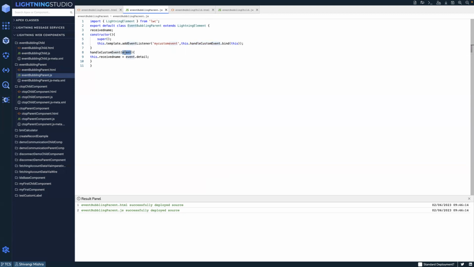ये फंक्शन इवेंट पे ट्रिगर हो रहा है, तो इसको इवेंट का डेटा चाहिए, ठीक है। जो भी इवेंट यहाँ पे हो रहा है, चेंज इवेंट, ये एक डेटा पास कर रहा है, ठीक है। तो हम क्या बोल रहे हैं कि जब भी ये इवेंट हो तो हमने इस पर्टिकुलर मेथड को कॉल कर देना है और इसको इवेंट का डेटा भेज देना है। ये जो बाइंड डॉट दिस है उससे हम क्या कर रहे हैं कि जो दिस को पास कर रहे हैं वो एक तरह से करंट इंस्टेंस ऑफ इवेंट है, ठीक है। माई कस्टम इवेंट की करंट इंस्टेंस मिल रही है आपको। इसी इवेंट की वजह से आप यहाँ पे डेटा रिसीव्ड नेम को असाइन कर पा रहे हो। अदरवाइज अगर आप ये नहीं करोगे तो ये ब्लैंक आएगा, यहाँ पे कुछ आएगा ही नहीं, ठीक है।